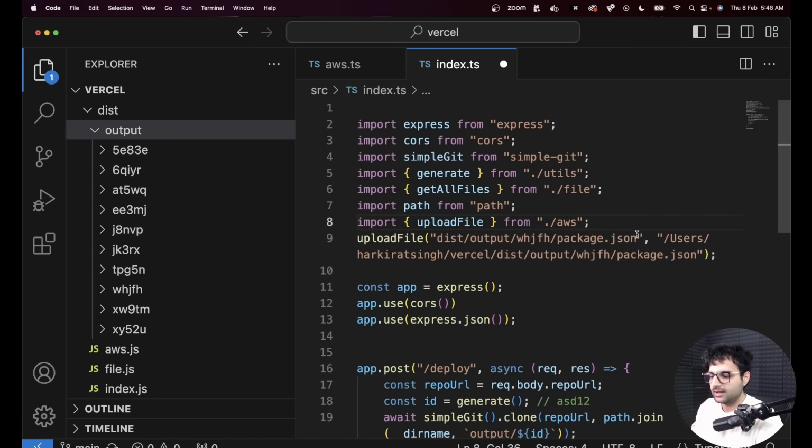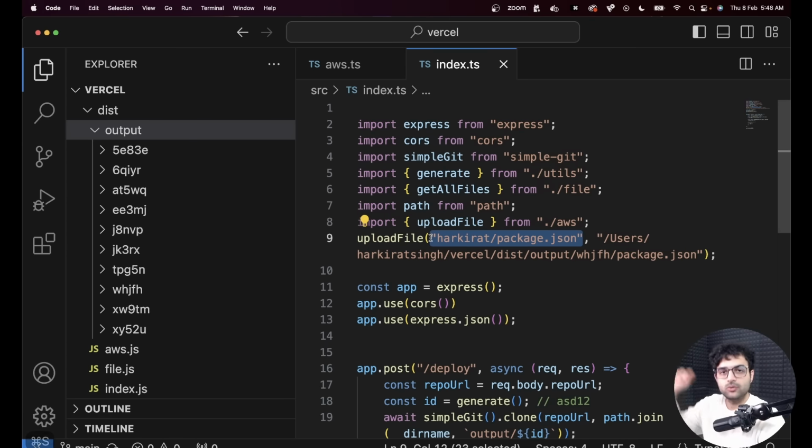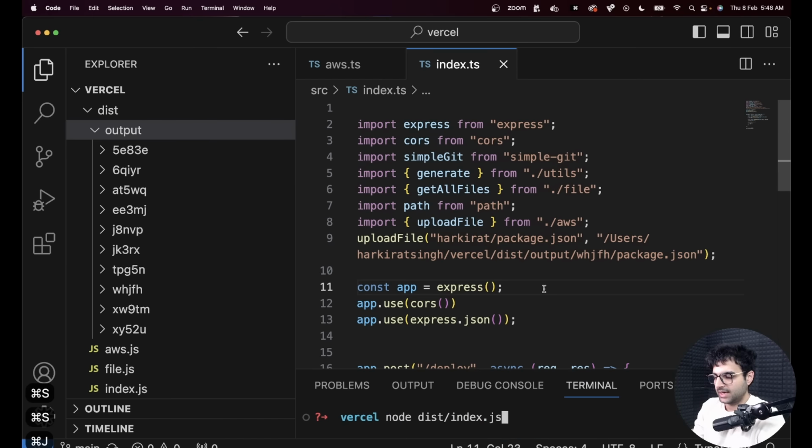I took a random file here, put a random path. I can put whatever I want here, like Harkirat/a.json or package.json. That's the path where I want it to be stored. And this is the local path of the file. If I save this and I try to run this, which again, the commands remain the same,